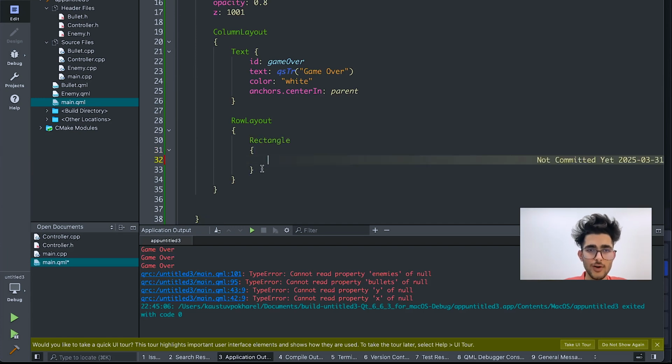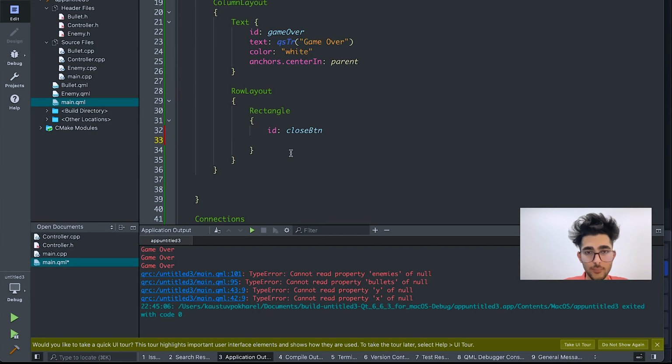Let me create the first rectangle with ID close button, and this close button will have a width of 300 and a height of, let's say, 35,